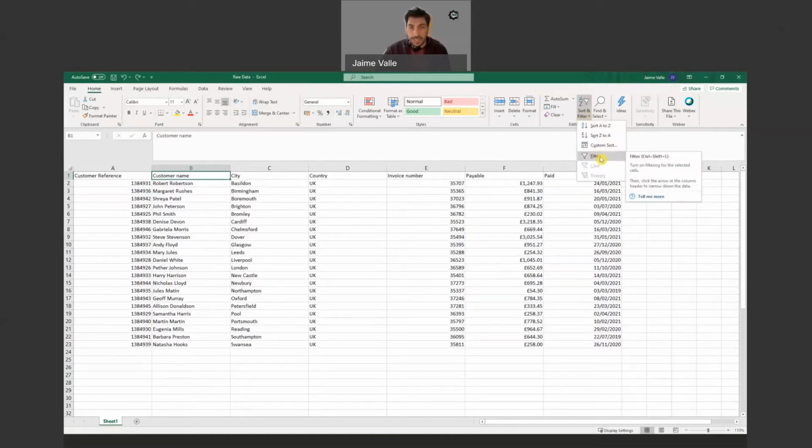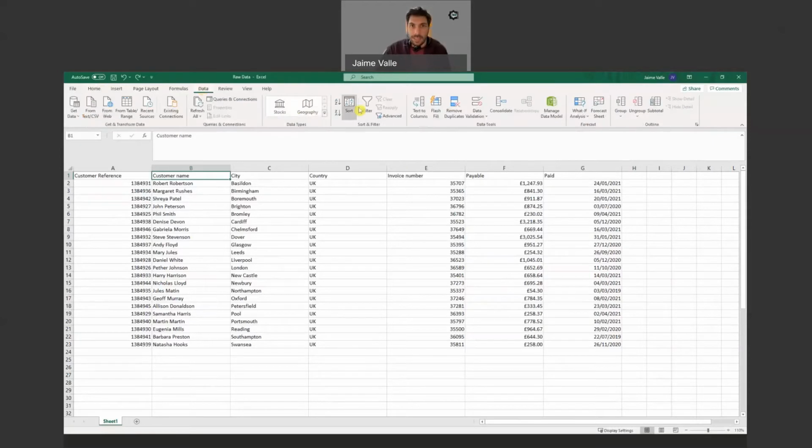Another way to do exactly the same is going to the Data tab and finding the same button, which is probably larger, bigger in here. Also, if you like keyboard shortcuts, there's another one, which is Control Shift L. I do that now, and you see, it's activated.